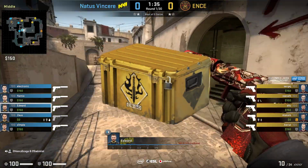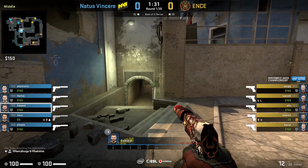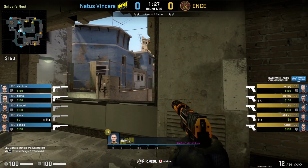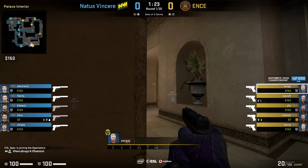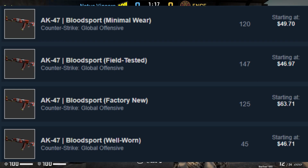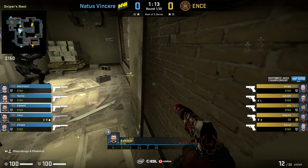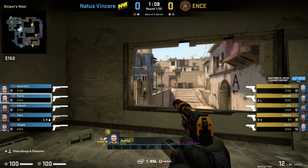Now, the Spectrum case is really good at attracting people from all over. It's got a lot of different things people look for when they're opening up cases. They've got those really high tier reds that are still going for a pretty decent price point after a while. Your USP, if you get it in field tested, you're still going to be pulling in 20 to 25 bucks, and that Bloodsport AK is going to be almost $50 for field tested. So it's definitely got some decently priced reds, which is something a lot of people have been looking for recently,